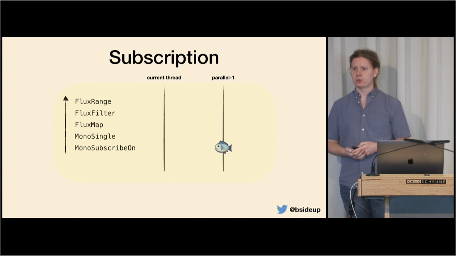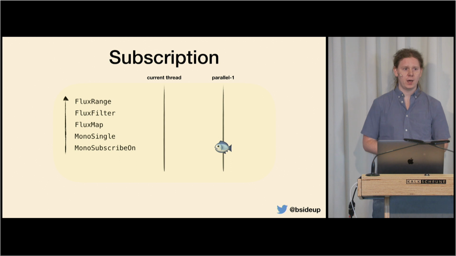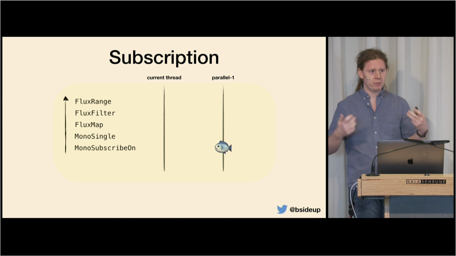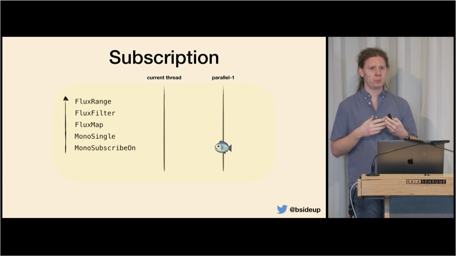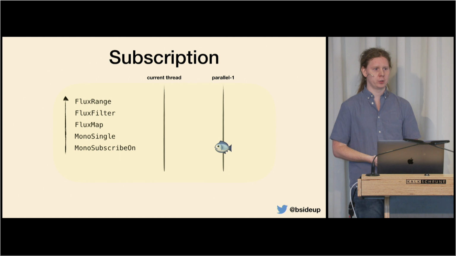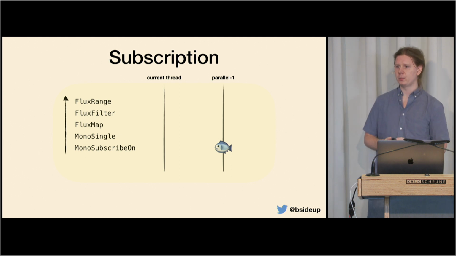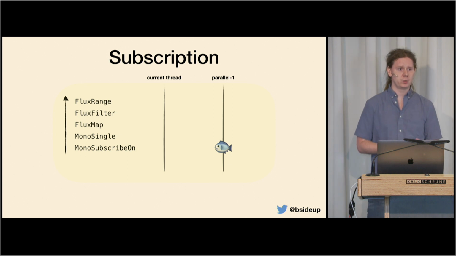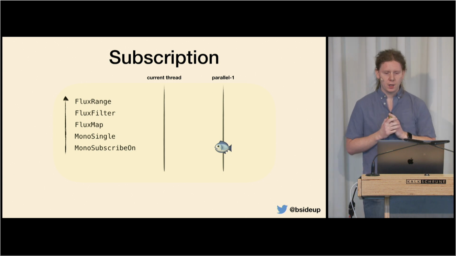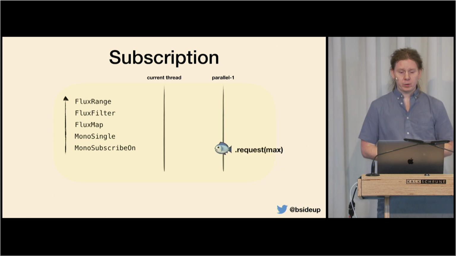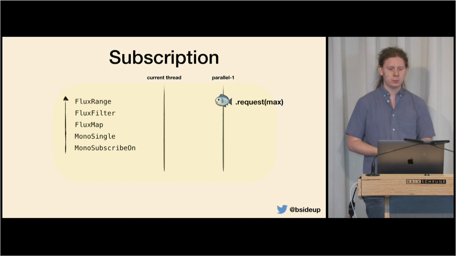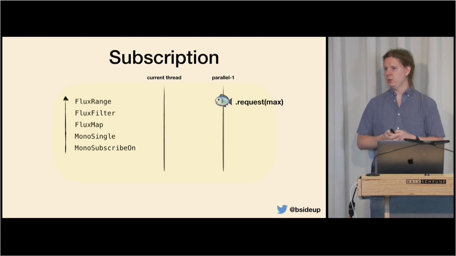Then when our subscriber will request some data, and that's important. In reactive system, nothing happens until you also request something. That's the principle behind backpressure. And when somebody is talking about backpressure, it also means that you request something, you get something, you control it. It's not uncontrolled. Then we request, and we finally reach our flux.range operator implementation, and we say, give me maximum